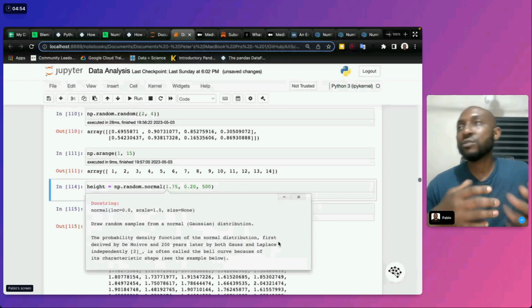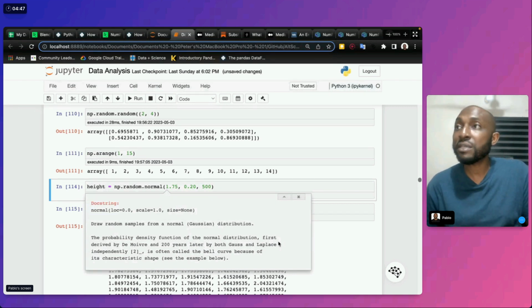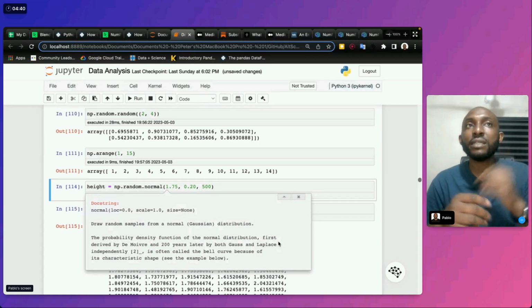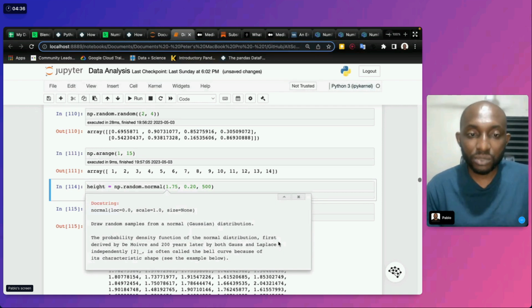The normal distribution is basically 68% of the heights you're seeing there. 68% of them are within one standard deviation of the mean, right? Which is classic.